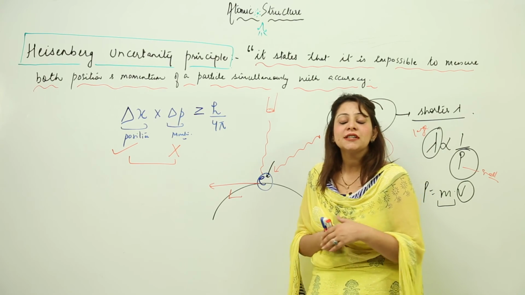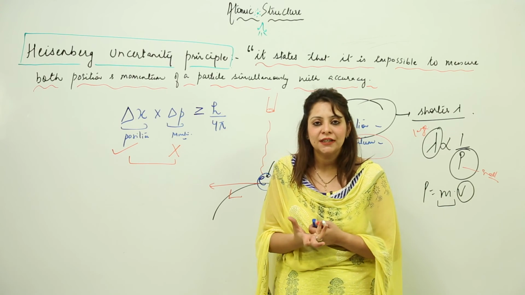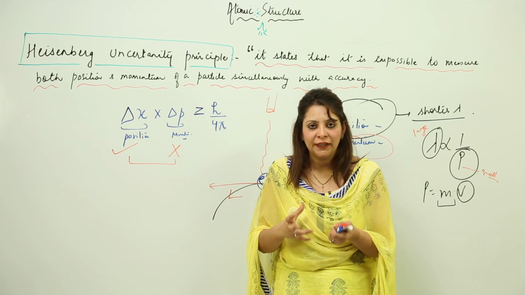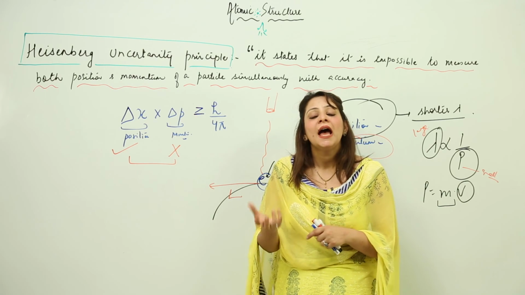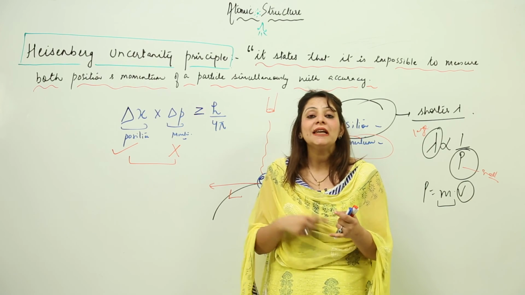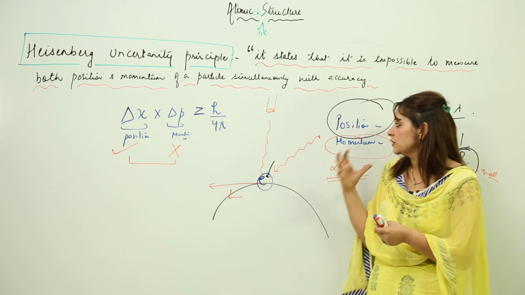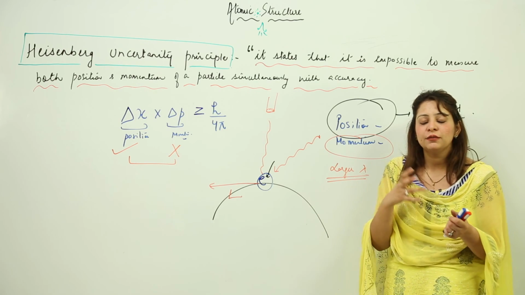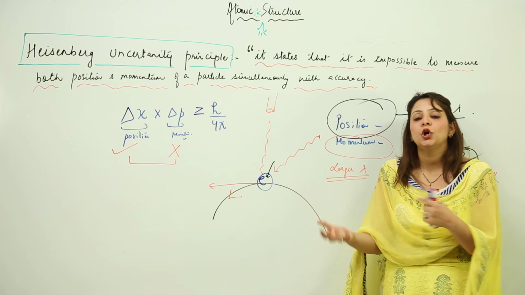And now if we talk about its significance, again, like de Broglie, we don't come across electron-like particles in our daily life. We do not come across microscopic particles, we come across macroscopic ones, right? And macroscopic particles have a definite trajectory, and you can calculate the position and momentum of a macroscopic object with accuracy, but not in the case of the microscopic one, because as I told you, we need to use certain wavelengths of light, and in doing so we are disturbing the other factor. Like we are going to get the position accurate but not the momentum, and likewise sometimes we will get the momentum but not the position.